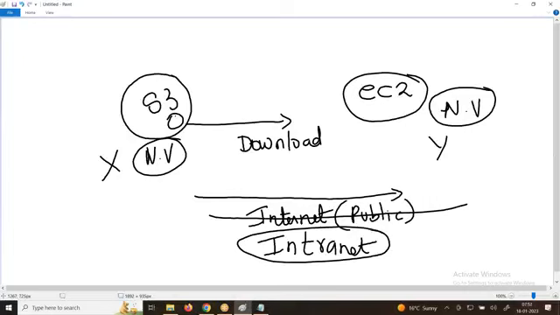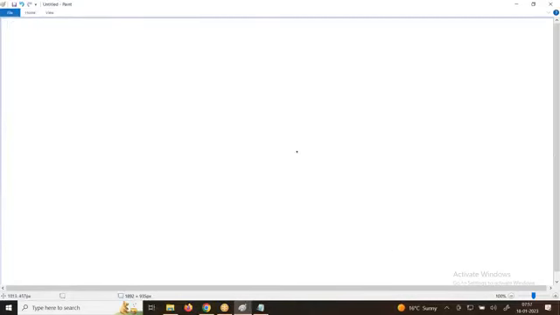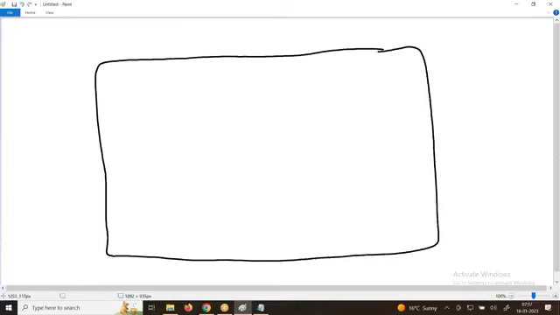Yes or no? So the problem that comes into the picture is that I don't require internet. Internally, both are in the same place. So, very, very important: what is an S3 endpoint? Pretty straightforward. It is a VPC endpoint, in this North Virginia region. What is a VPC endpoint? I'm explaining it to you.